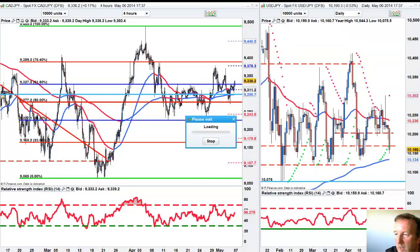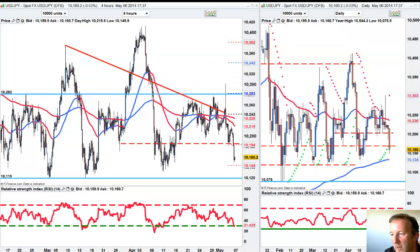I had two small stop outs on this US dollar yen. I actually thought the 185 was going to hold, and it's not. So 150 may hold, but you know, it's seen a lot of selling over the last couple of days. So I regret trying to take that, but I haven't risked much capital, so I have nothing to cry about. Pound